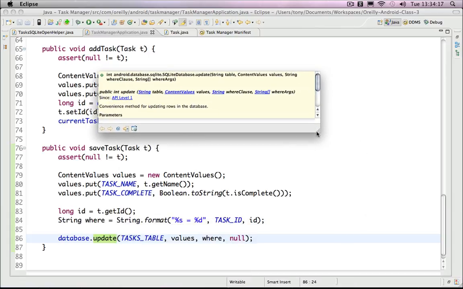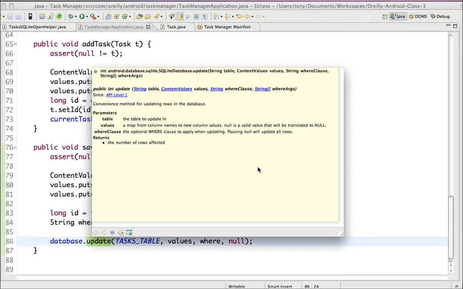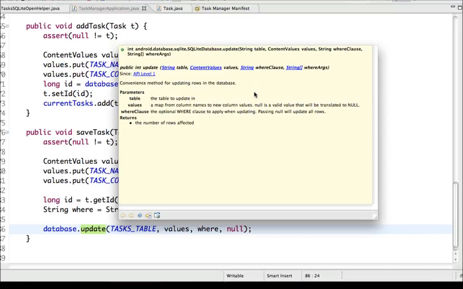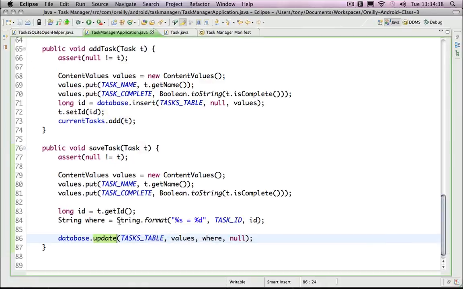Let's look at the Java docs real quick. Okay, so the arguments takes the table name, content values, and then the where clause, and then where arguments. Actually, I'll just change that so you can see how these where arguments and where clauses work together. So whereas right here I created a where statement, this is going to look like this when it turns into SQL. Here's what mine's going to look like: ID equals, like, whatever, 5, and then in SQL it will become a where statement like this,